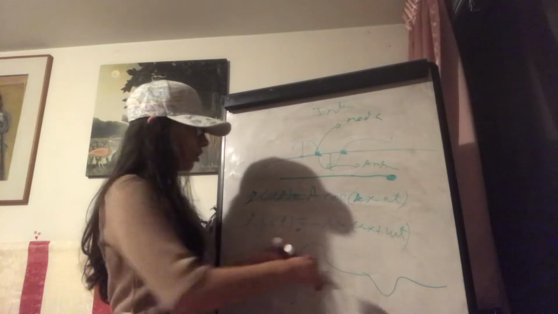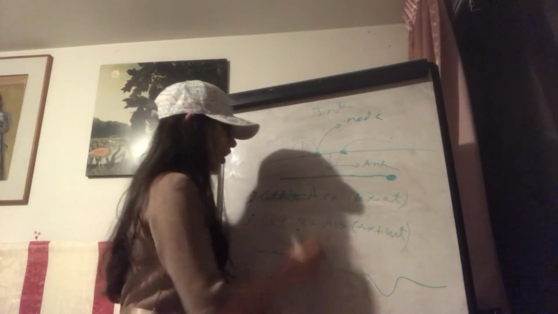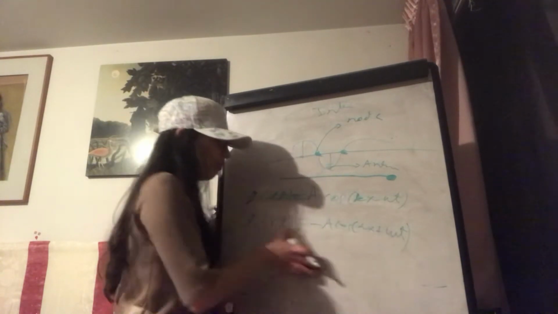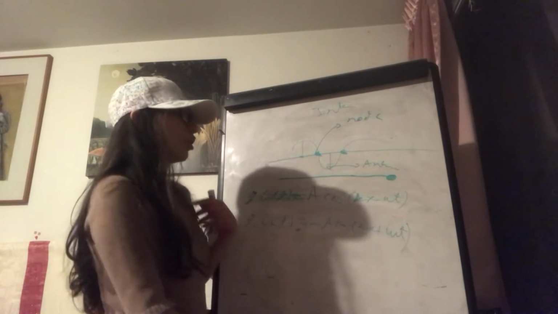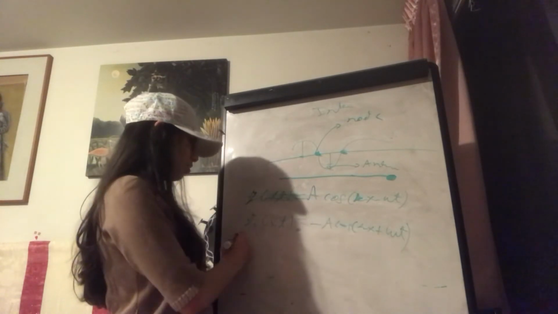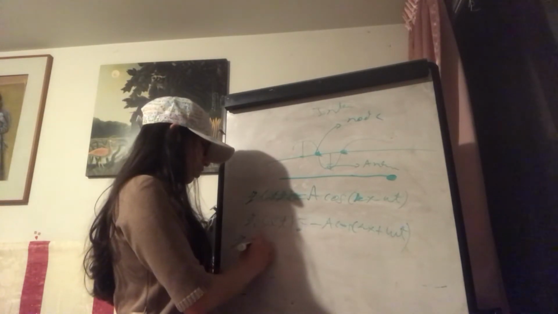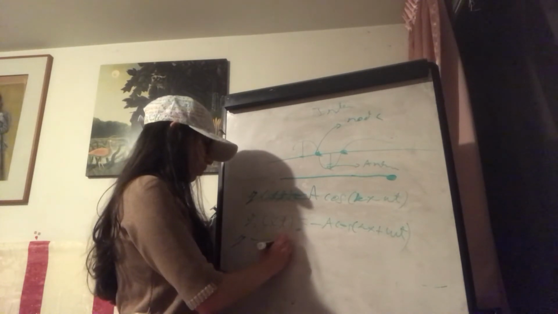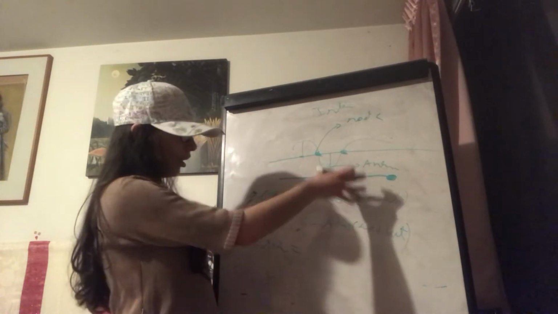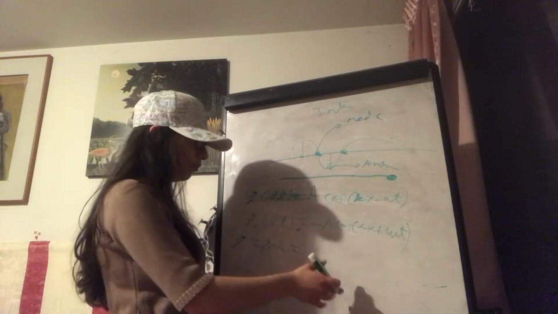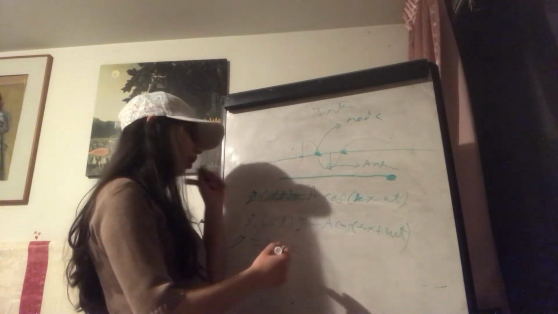So the resultant wave that is going to be formed is the summation of these two. This is called the superposition principle, and so we have that y is equal to y1 plus y2, and if I add these two, I would have